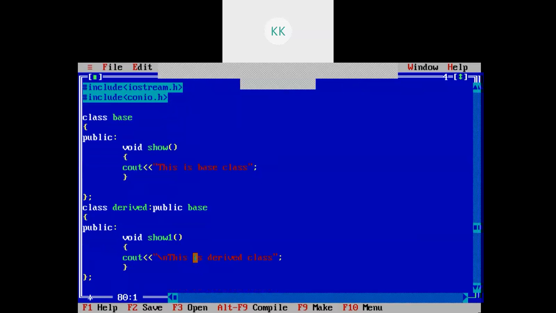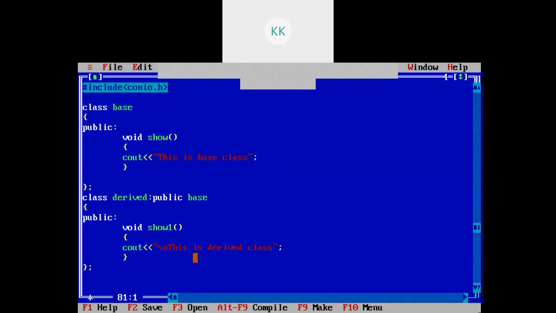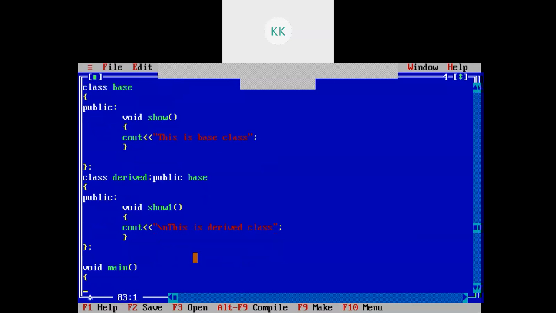Okay, so we have written one base class wherein we have written a function show, and another class derived, in which we have written a function show1. Now we will write main and try to call these.